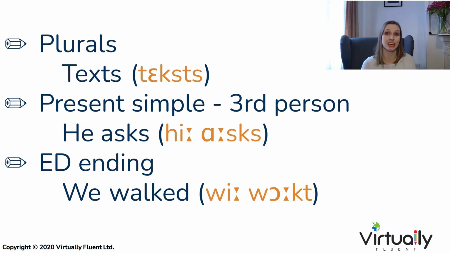Being able to pronounce consonant clusters correctly is really important, because if you do not say a word correctly, you could completely change its grammatical form. The 3 most important situations are with plurals. So many students simply do not add that S at the end. Texts. Also in the present simple tense, particularly with the third person singular. He asks. And of course with our famous ed endings. We walked. If we do not pronounce these consonant clusters correctly at the end, we could change the tense, we could change the form, the conjugation of the word, and then we just sound like we're saying bad grammar in English, which is not true. So don't let pronunciation get in your way of sounding grammatically correct when you're speaking.